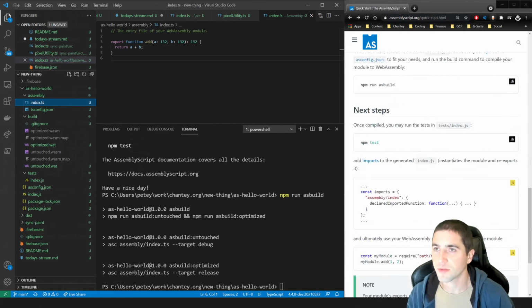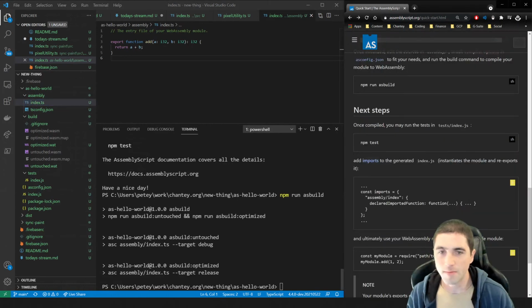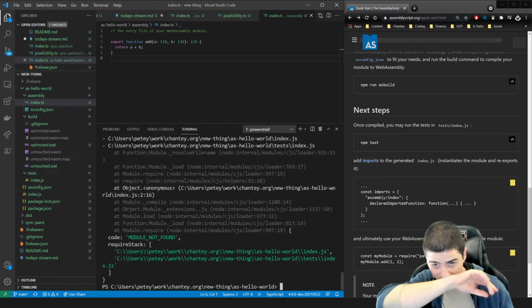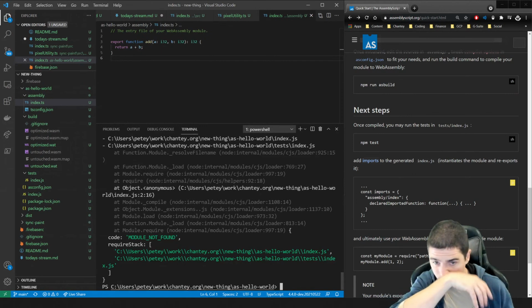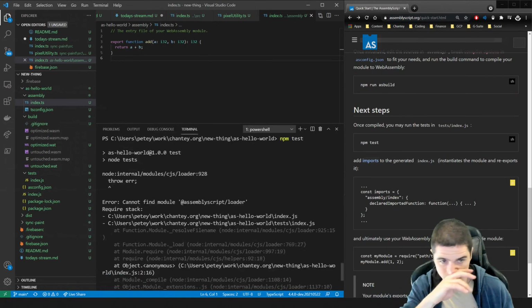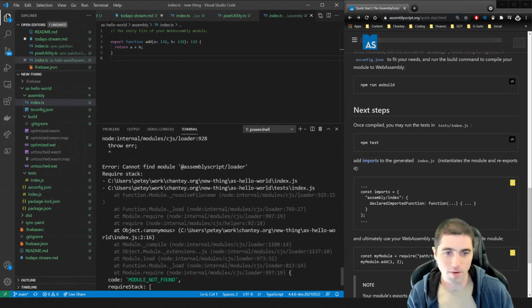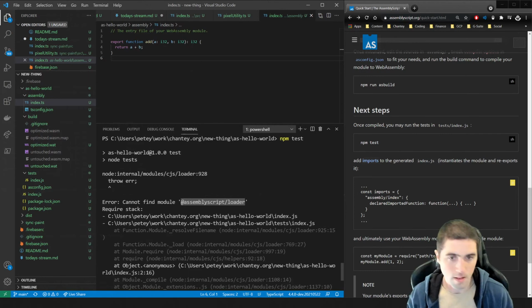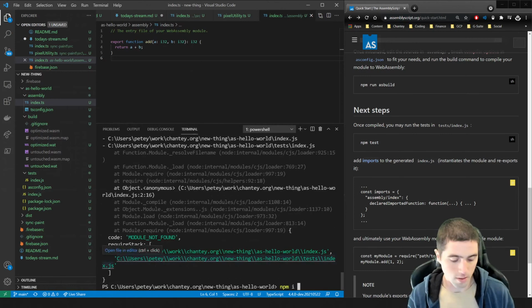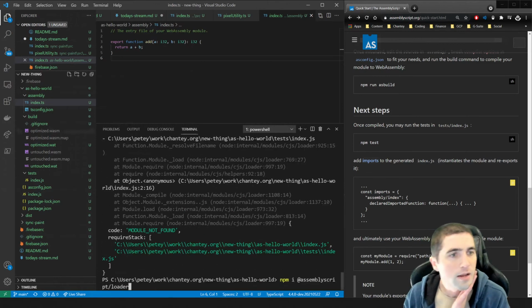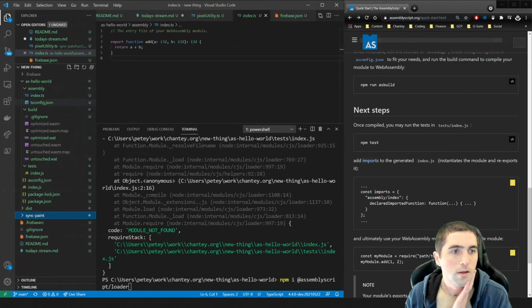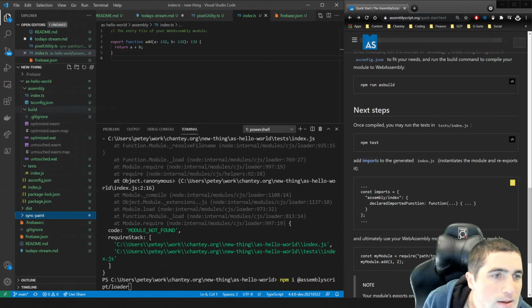Okay, and now we go. Let's just make this dark. There we go. npm test. All right, let's test. npm test. Okay, it's probably complaining about that loader I didn't install. Yeah, cannot find module assemblyscript/loader. That's fine. So where does it call? Where does it need that? It needs that in